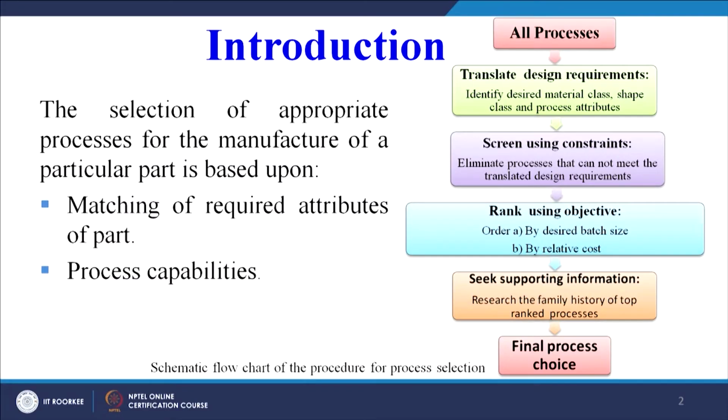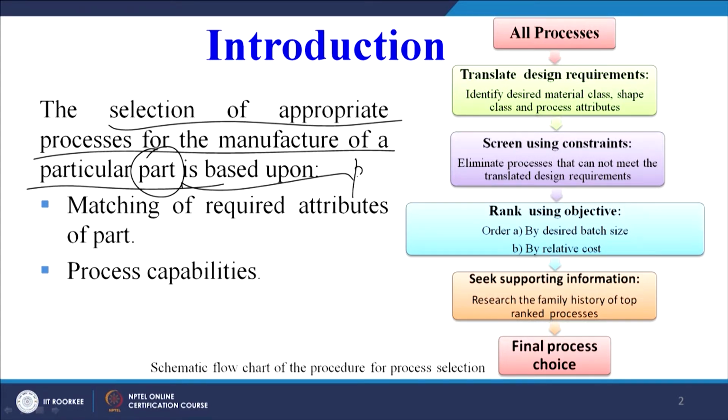So let us first see how the selection process takes place, or how we have to do this selection. The selection of appropriate process, that is our target today that we are going to discuss. The selection of a process for the manufacture of a particular part. This part can be part of a product or the product itself. The selection of appropriate processes for the manufacture of a particular part or a product is based upon